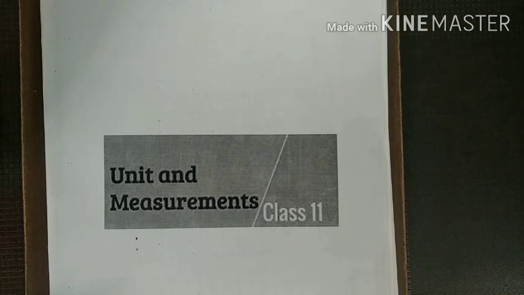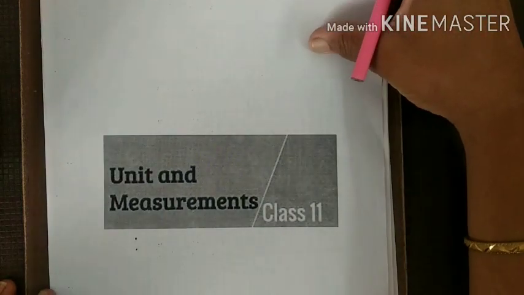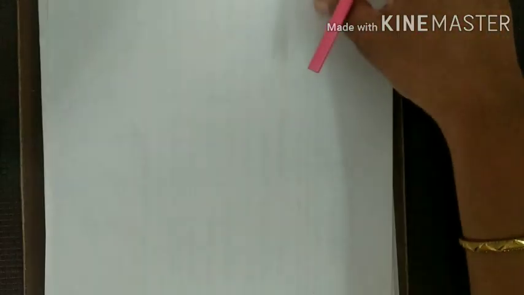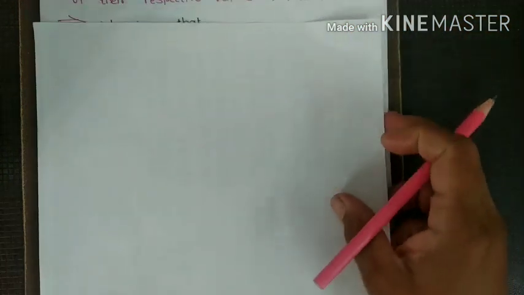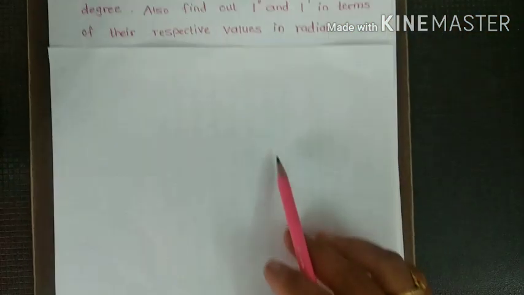This is our second lecture of lesson number 1 of 11th standard, that is units and measurements. In the first lecture, we had seen the system of units and then types of units. We have seen that there are different types of units, that is fundamental units, derived units and supplementary units. Now we start the next topic, that is, derive the relation between